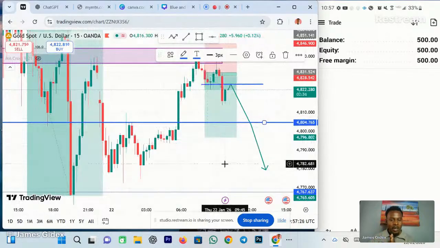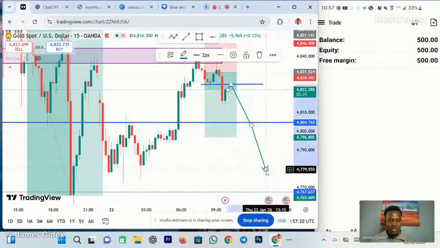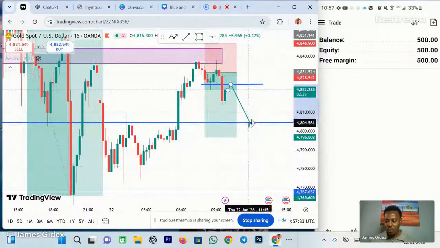And if the market gets all the way down to this particular level right here, all we are waiting for is to see, immediately it gets to this particular level, break even, tighten your stop loss. That's how it should be. Then we will wait to see if immediately it breaks here, we're going to get into the market and take out this side.